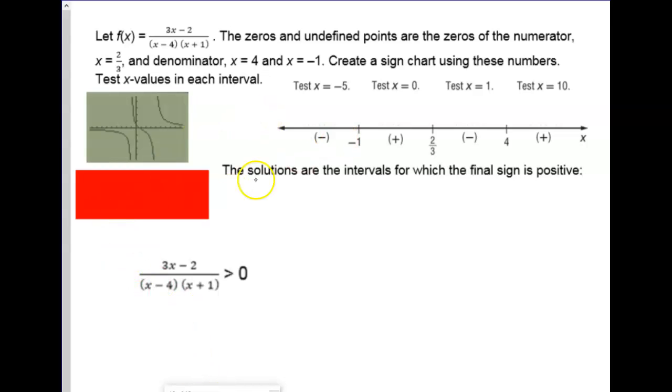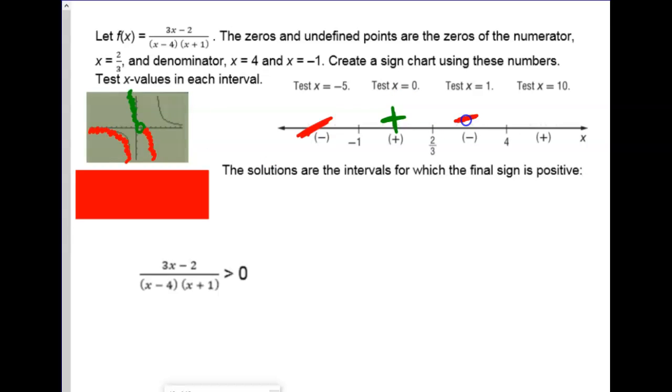So instead, what we do is we take a peek at our graph, because we already have it in front of us. And if you didn't have a picture of it, you would just sketch a really ugly picture on your paper and you'd bust out the colors. So right here, between negative infinity and negative 1, that function is negative. It's below the x-axis. And then between negative 1 and 2/3, and remember 2/3 was your x-intercept right here, your function was positive. And then after 2/3, it switches back down to negative,